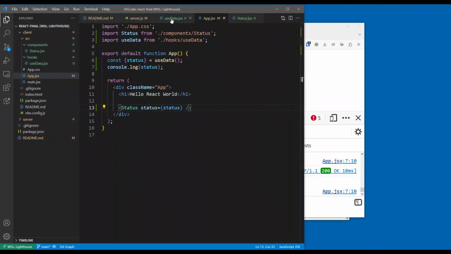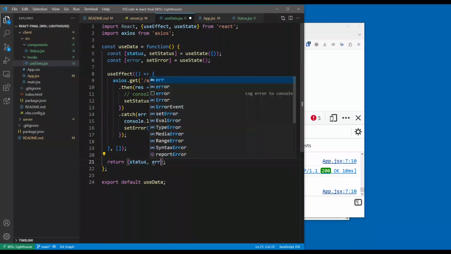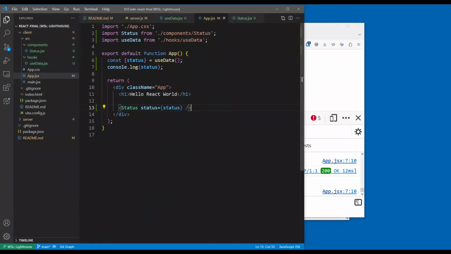So I also need to export that error so it's available. And now in my app, I can also get back the error, destructure that error, and I can pass that along, error equals error,